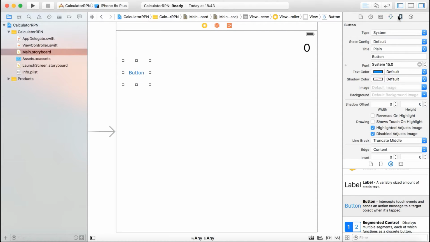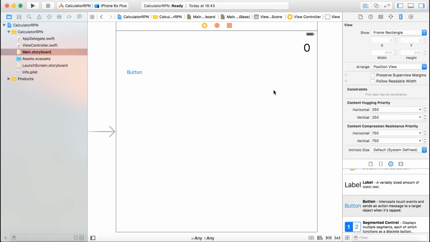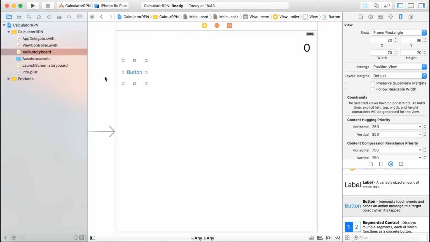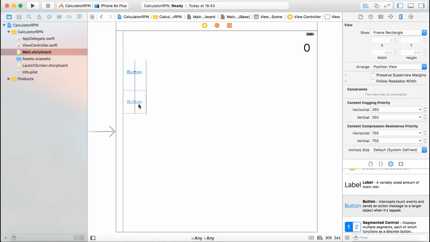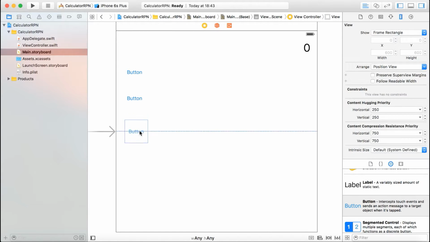Also, if you go here, for now, shall I do 80 by 80? Maybe 70 by 70. Okay, so I'm going to have it at 70 by 70. So I'm just going to copy and paste. I should have 6 by 6. So I'm going to do 1, 2,